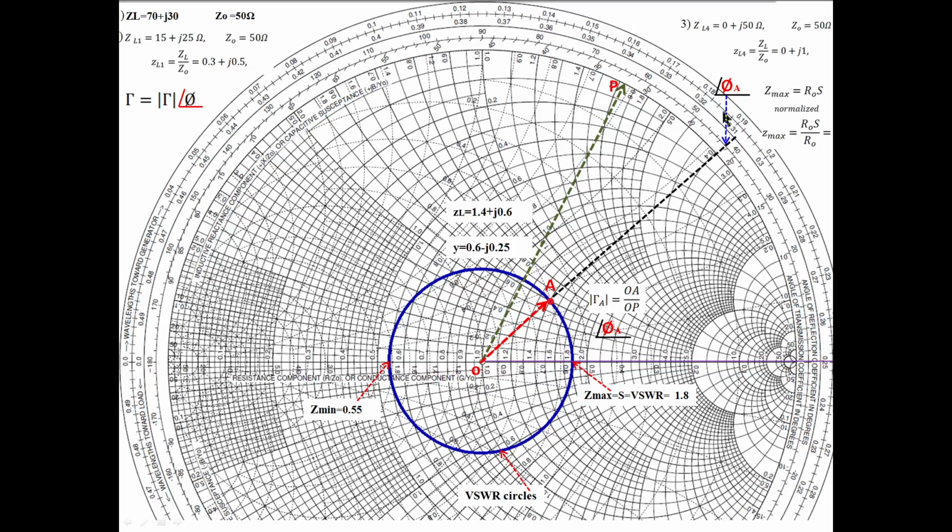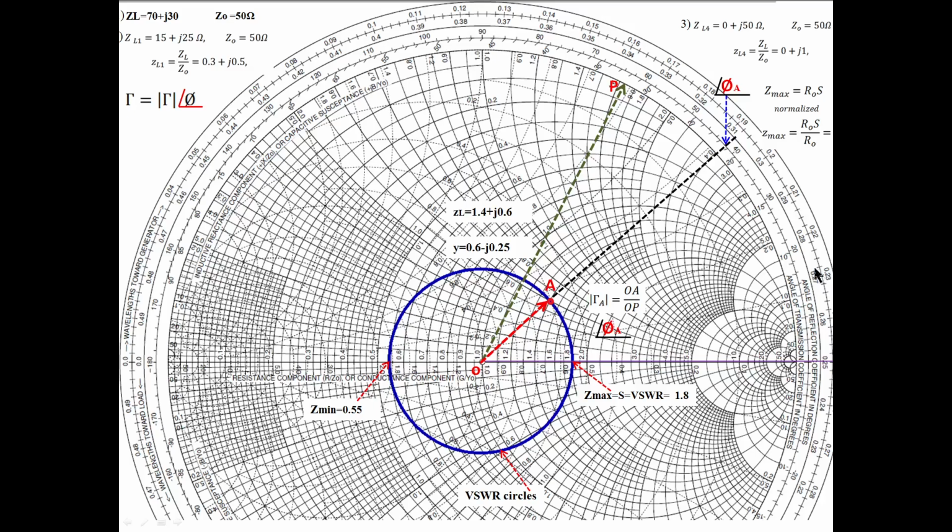The angle is phi a. Phi a is equal to 42 degrees, because it is 40, and there are 5 divisions from here to here: 1, 2, 3, 4, and 5. Each division represents 2 degrees. So we have to measure from here, 0 degrees. We should measure from 0 degrees: it is like 20, 30, 40. So here it is next to the 40 at the first division. So it is 42.